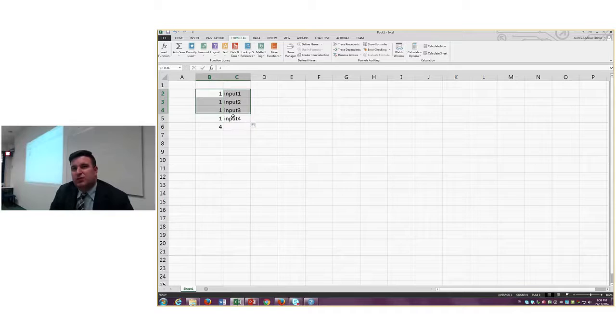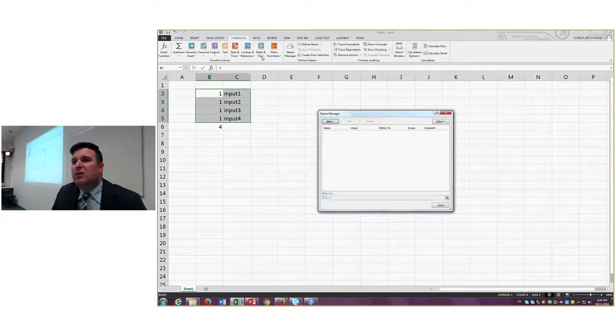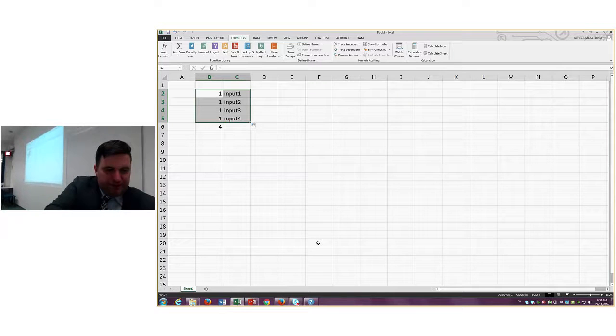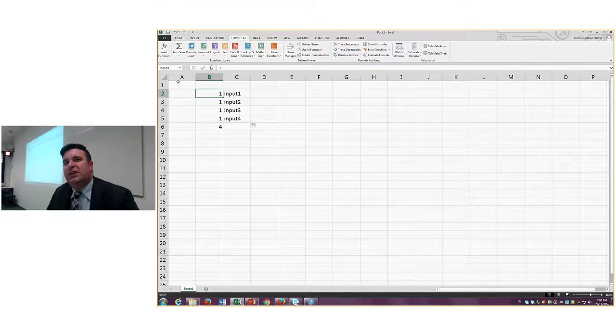Put 1 to 4, so I hope those online can see it. And the shortcut for a name is Control F3. And I can put Control Shift F3. Put the name ranges on what's in the right column. So can everyone see here now, up in my box here, it's called an input 1,